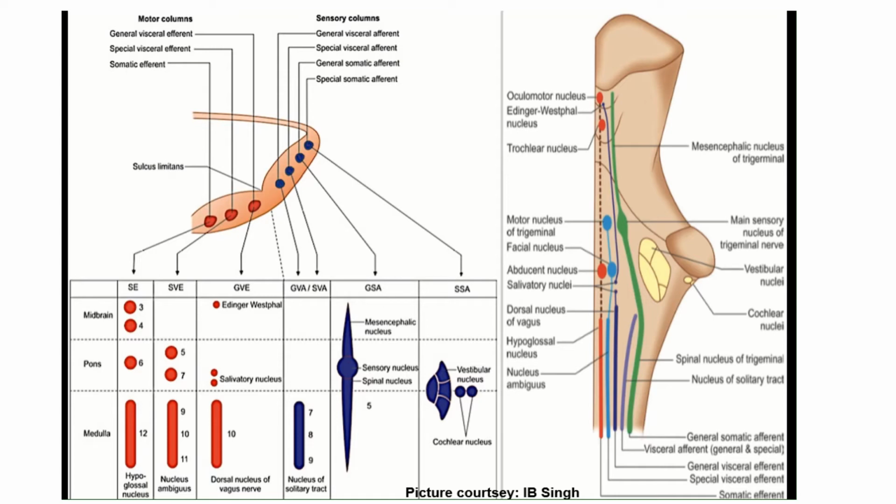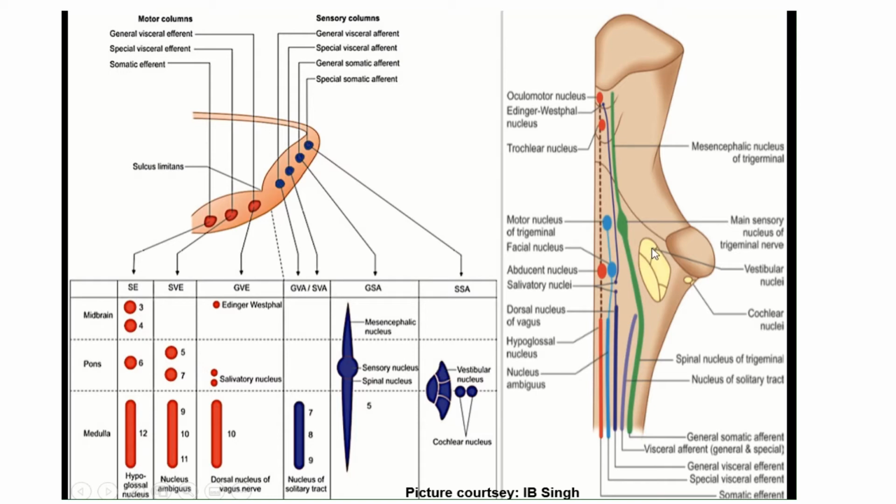Coming to the last column, that is the special somatic afferent column. This column consists of two nuclei. The cochlear nuclei are two in number, dorsal and ventral, which are placed dorsal and ventral to the inferior cerebellar peduncles respectively at the level of the pontomedullary junction. The second nucleus is the vestibular nucleus, which lies under the lateral part of the floor of